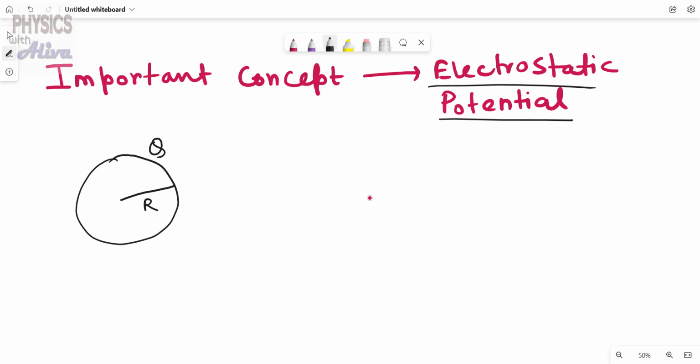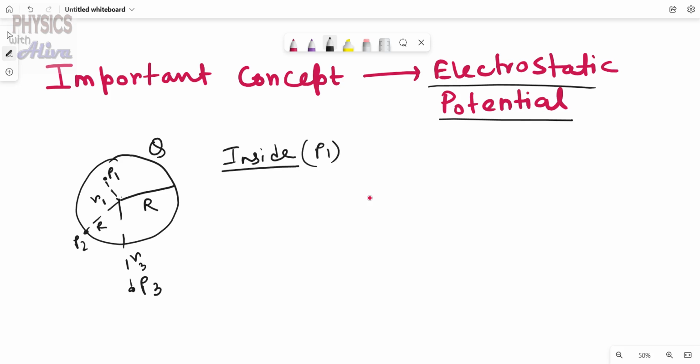Suppose you have to calculate the electrostatic potential at the point P1, at the point P2, and at the point P3. The distance of P1 from the center is r1, the distance of P3 from the center is R3, and the distance of P2 from the center is capital R, which is the radius of the sphere, right? So for the inside point, P1, the potential at the point P1 is